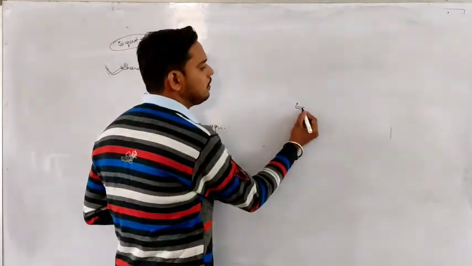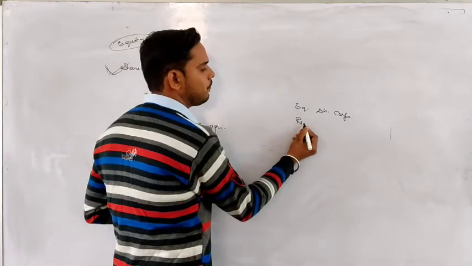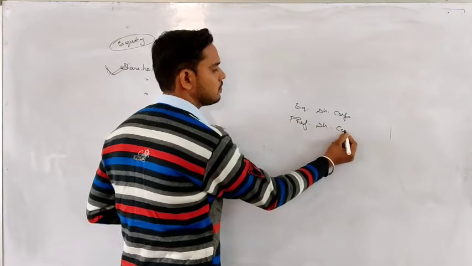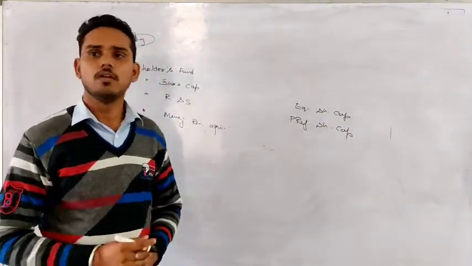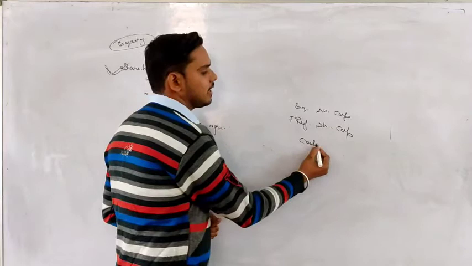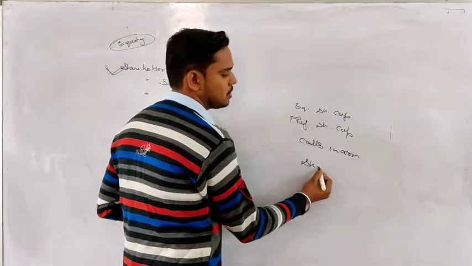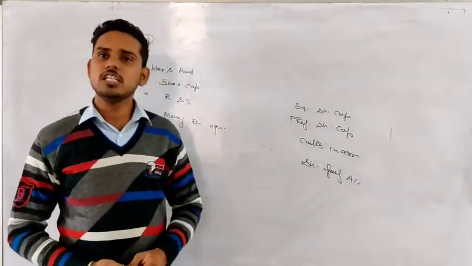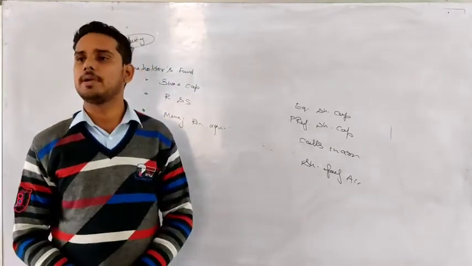Equity share capital and preference share capital. These two, right? There are two things more. One, calls in arrears. Last one, share suspense account or share application for future allotment. These four pieces of information are recorded in a way in share capital.